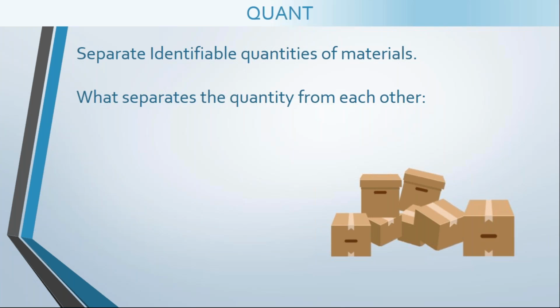If you have, let's say, 5 pieces of a material, these 5 pieces can be called a quant in SAP WM, and these 5 pieces should be different from everything else that you have in that particular storage bin. I know it's a little confusing,